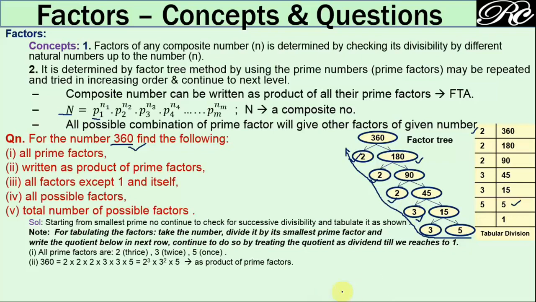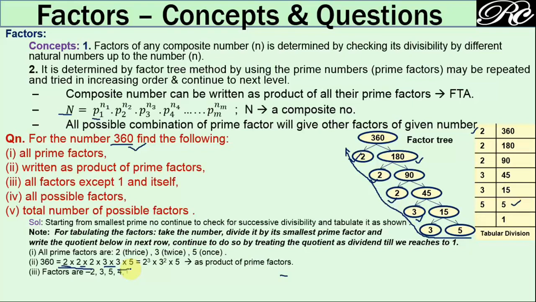Now the next part is we have to get all the factors. Other factors can be obtained by combining these prime factors. Say one factor is 2, another factor is another 2. So combining this 2 with this 2, we will get 4. Combining these 2s, or even this 3 with 2s, we will get the factor 8. Combining this 2 with 3, we will get the factor 6. Combining this 3 with this 3, we will get the factor 9. Combining this 3 with the 5, we will get other factors like 15 and so on. Even with a further combination of 3, 3 and 5, we will get the factor 45.